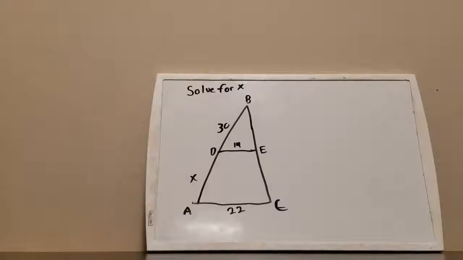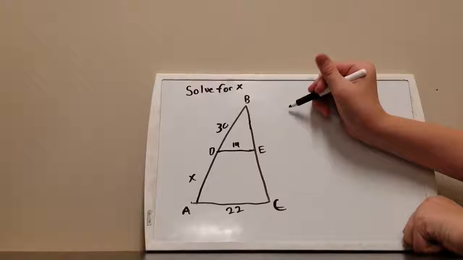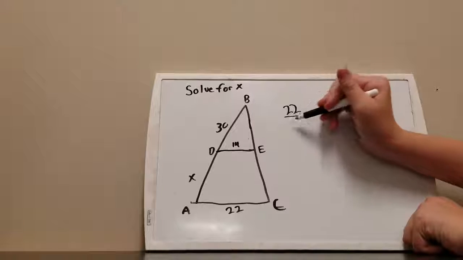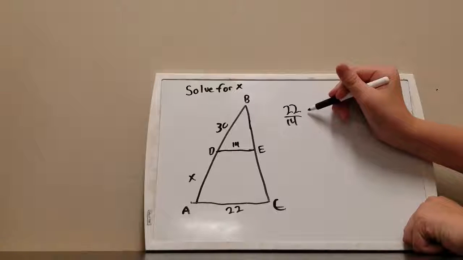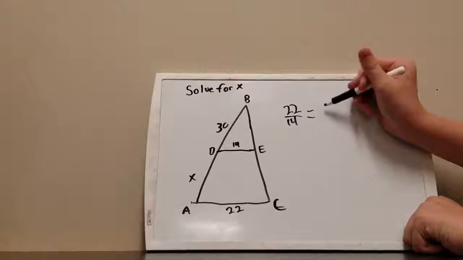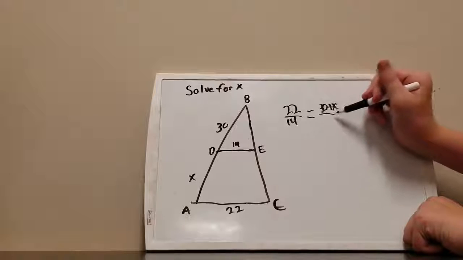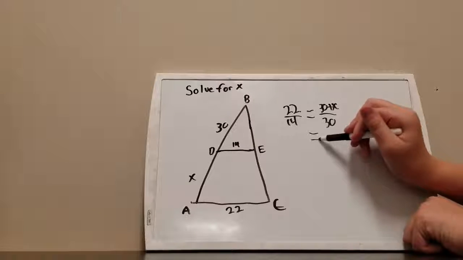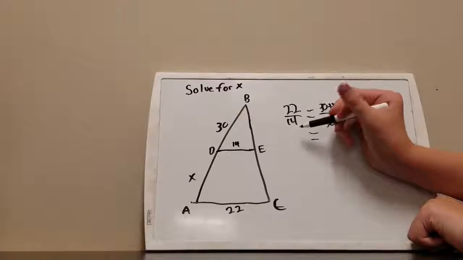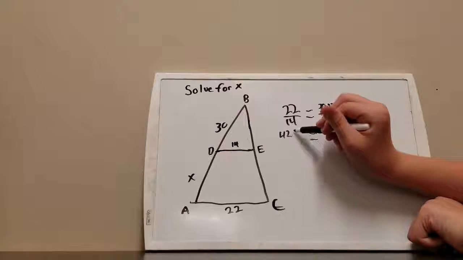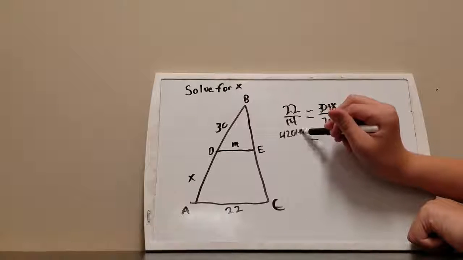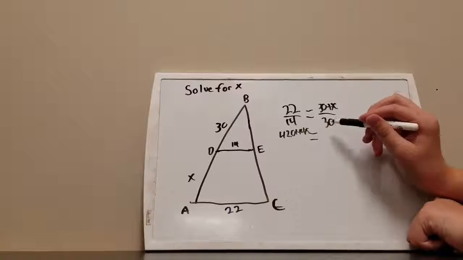This is practice problem number 2. We are going to be solving for x, and if you want to do this problem, pause the video now. If you want the answer, continue watching. So we are going to put 22 over 14, and then we are going to make that equal to 30 plus x over 30. And this would then mean that 30 times 14 equals 420 plus 14x, and 22 times 30 equals